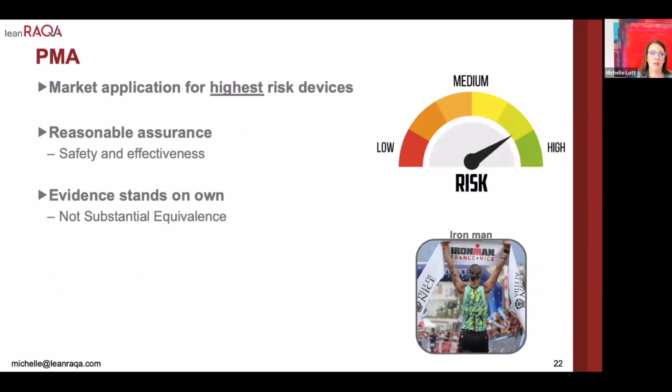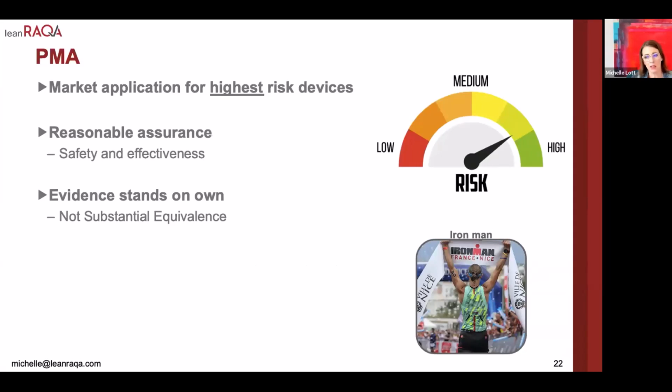PMAs are the pre-market approval. This is the market application for the highest risk of devices, and it gives you a reasonable assurance of safety and effectiveness. And in general, all the data and evidence you turn into a PMA can stand on its own. So you're not relying on a substantial equivalence discussion, and the FDA is